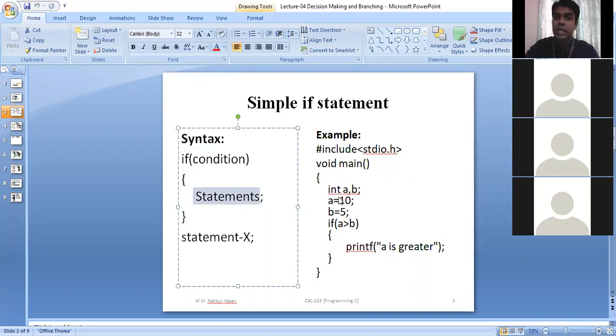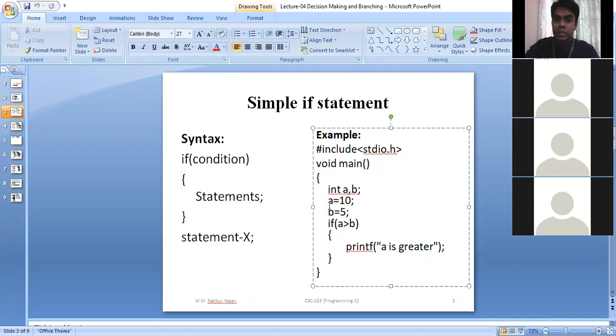Here you can see an example: the value of A is 10, the value of B is 5, and the condition is A is greater than B. That means 10 is greater than 5, the condition is true, so it will print A is greater. But if somehow the value of B becomes greater, then it will not print anything. So this is how the if condition works.